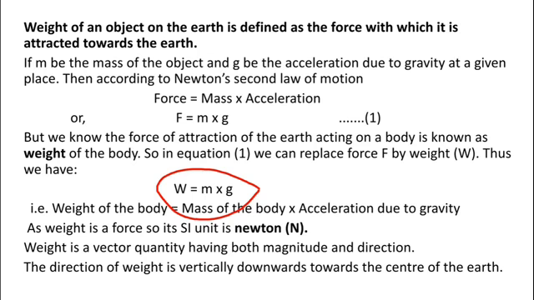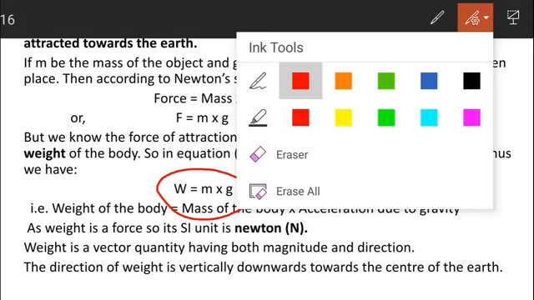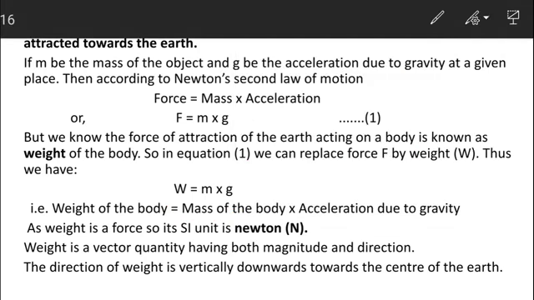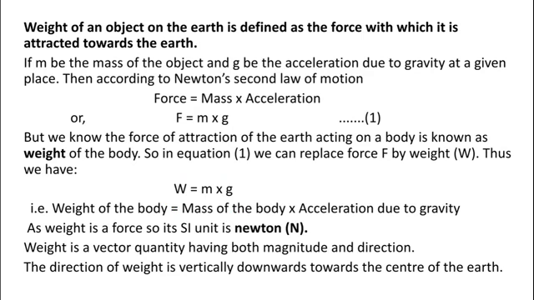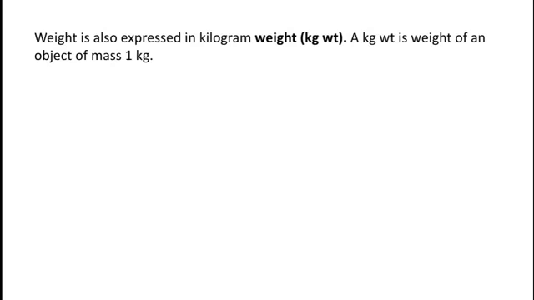So I hope, students, it is clear to you. So this is the required formula for weight of an object. Now students, sometimes weight is also expressed in kilogram weight. A kilogram weight is the weight of an object of mass 1 kilogram, or you can say it is the force acting on an object of mass 1 kilogram due to gravitational pull